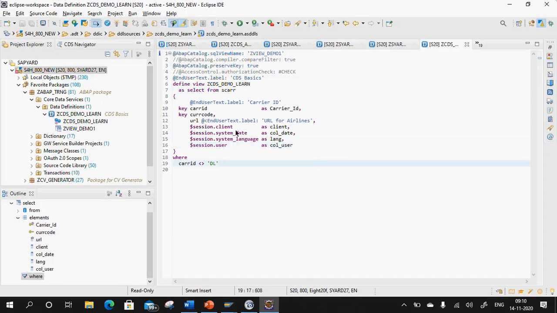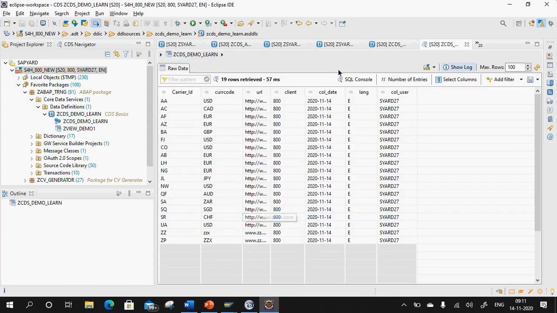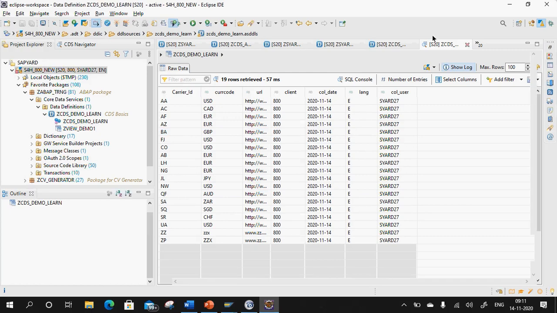So in case you have a requirement wherein you want to use the current system date, language and all these things, you can handle the same by using the $session parameter, where it will give you the current date, user ID, system details and all these details. Now if you click on F8 and check the same, can you see here, this is your date client, this is your date, this is your language, this is your user details. So this is how you can have your current user date, system and all.